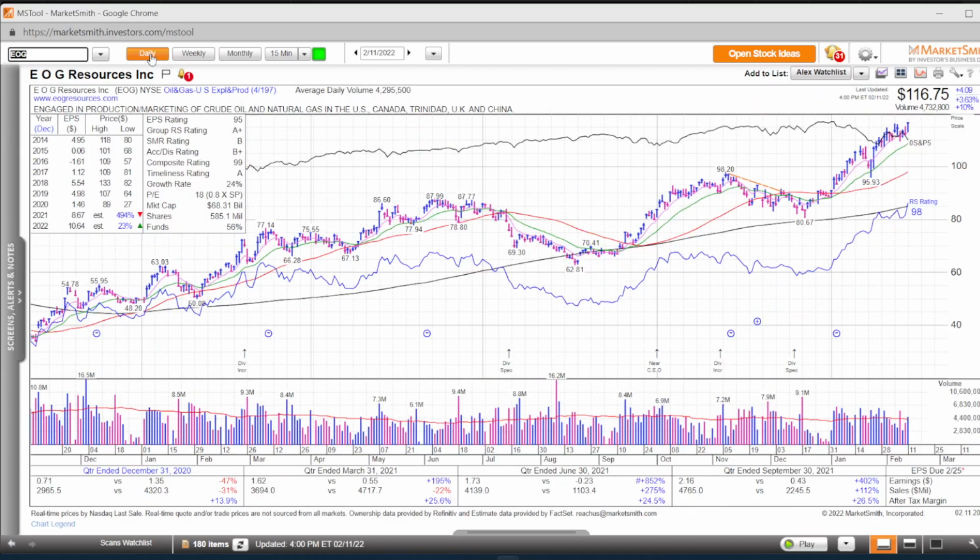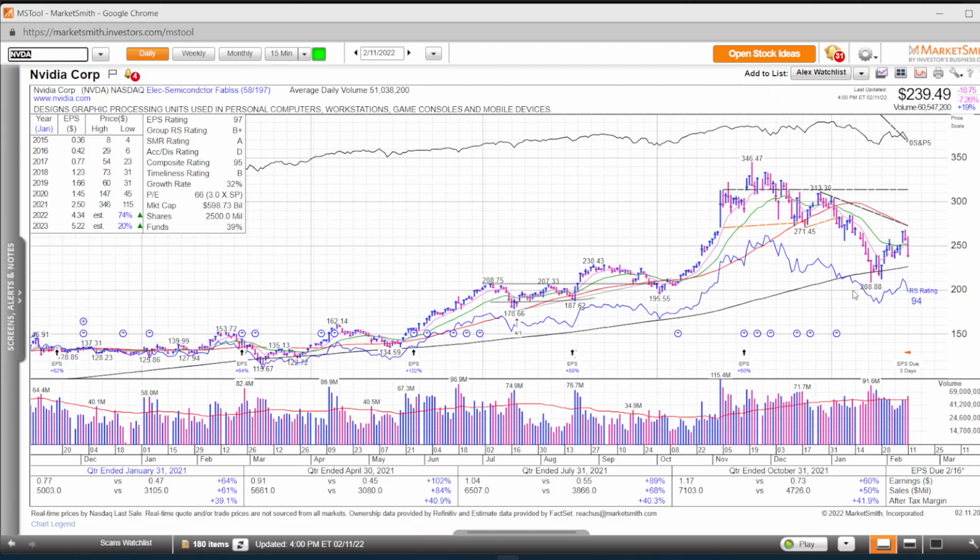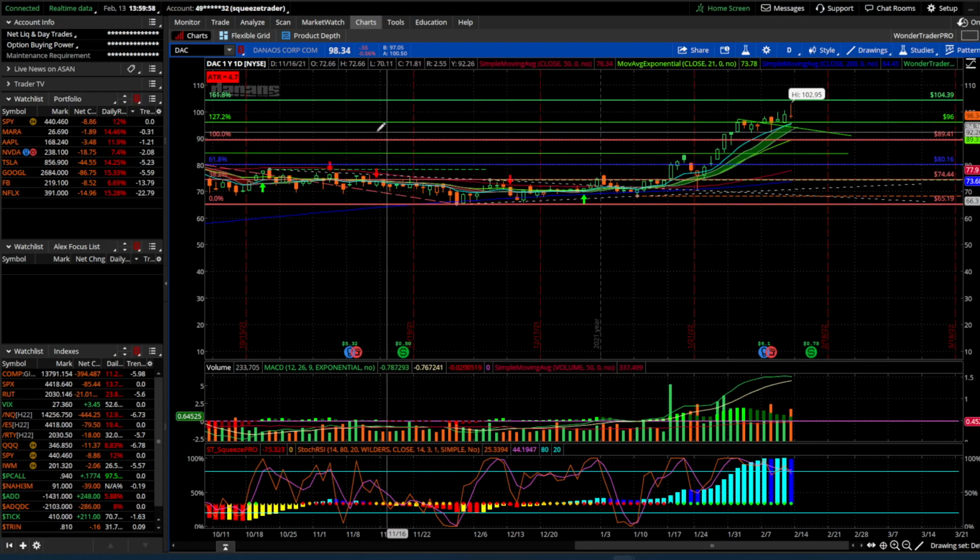Okay, now selling a put. In this scenario, I'm looking at this technically, and let me look at NVIDIA, what I was looking at for NVIDIA. NVIDIA had a low here, and the 200-day moving average is sitting right here. So I did it when I was up here. I'm thinking this 200 is going to stop. It's going to hold. So to sell a put,